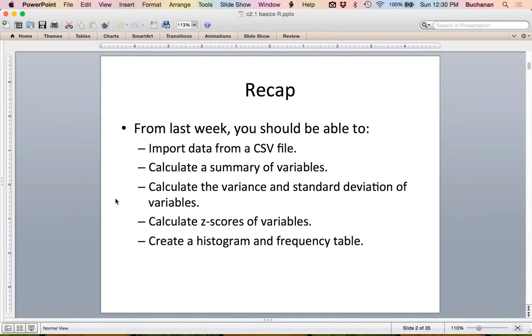What we're going to do first is a sort of recap. From my class last week, or if you've been watching the videos in order, you should be able to import a data file from CSV, so importing Excel type files, calculate a summary of the variables using the summary function, calculate the variance and the standard deviation using the var and SD functions, calculating z-scores using the scale function, histograms or hist, and a frequency table is the table function. So you should be able to do all those things at this point,